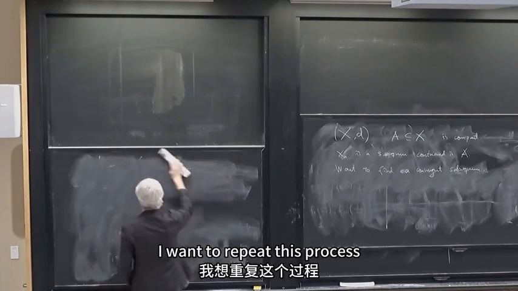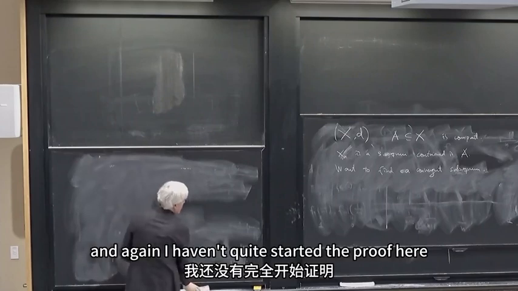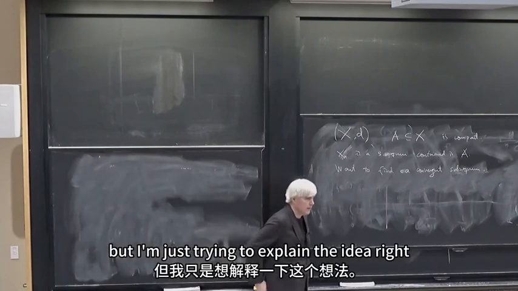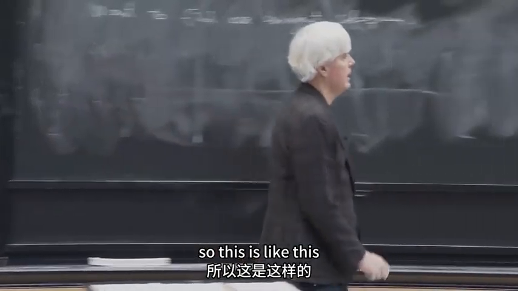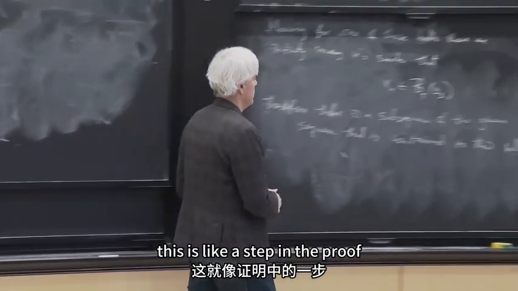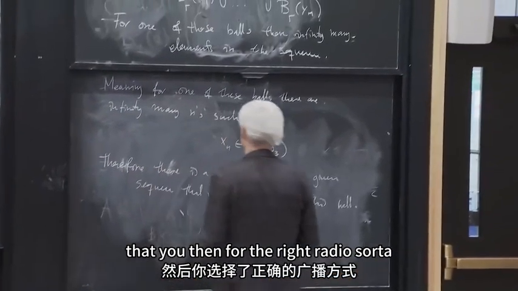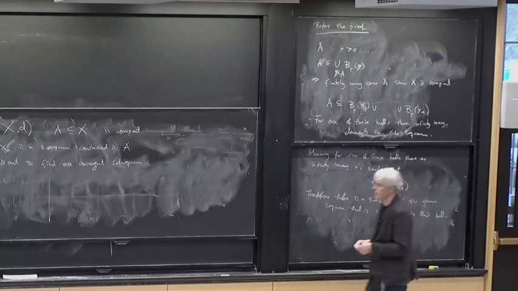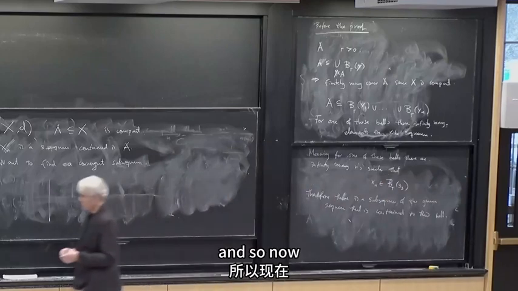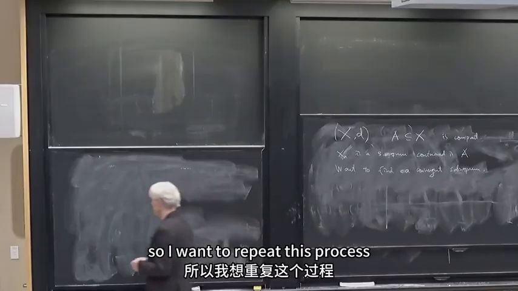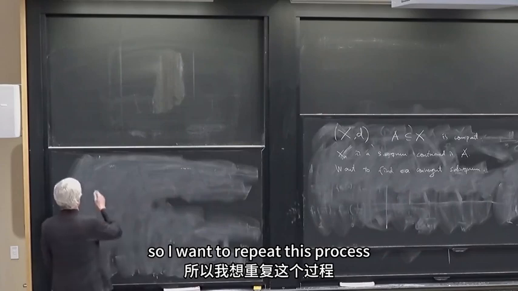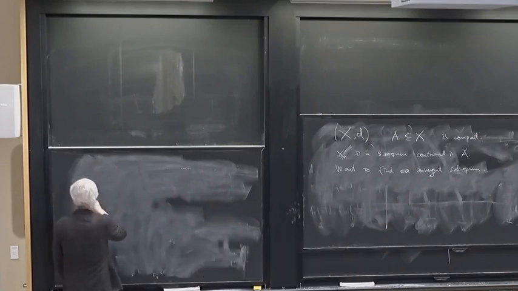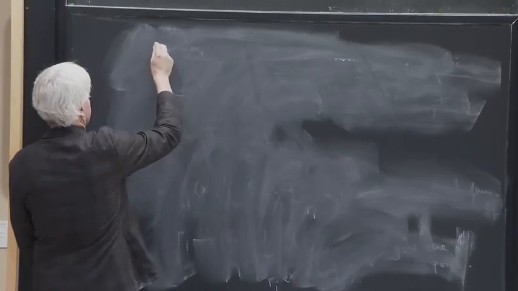I want to repeat this process. And again, I haven't quite started the proof here, but I'm just trying to explain the idea, right? So this is like a step in the proof that you then, for the right radii, etc., has to use over and over again, right? And so now I want to repeat this process, and for that I need to remind you that